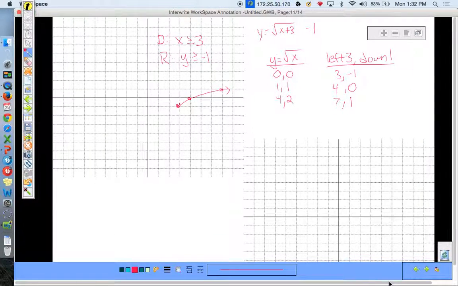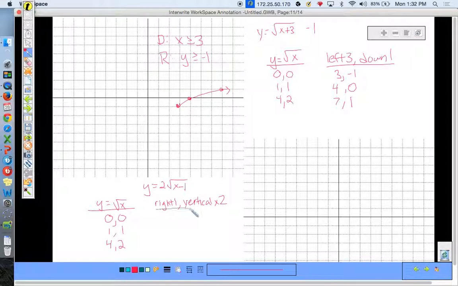Now the next one, we had y equals 2 times the square root of x minus 1. So once again, that parent function is the square root of x, so those nice coordinates 0, 0, 1, 1, and 4, 2. But what happens to this? Let's see, the minus 1 moves it to the right 1. But what does that 2 do? Well, it's affecting the entire function, so that's a vertical